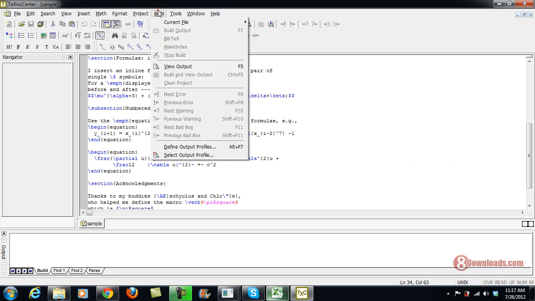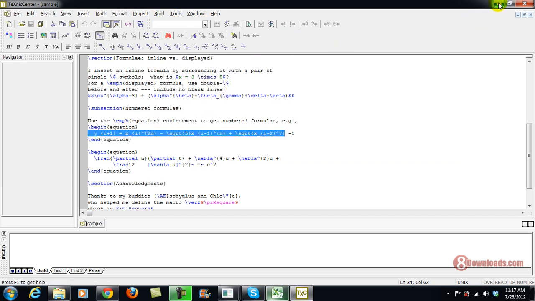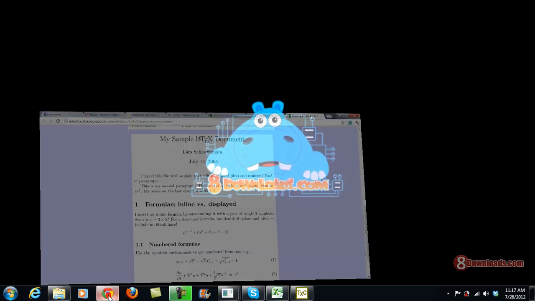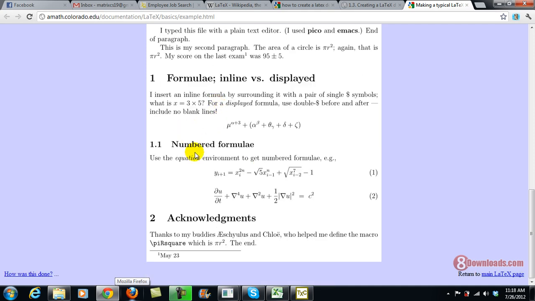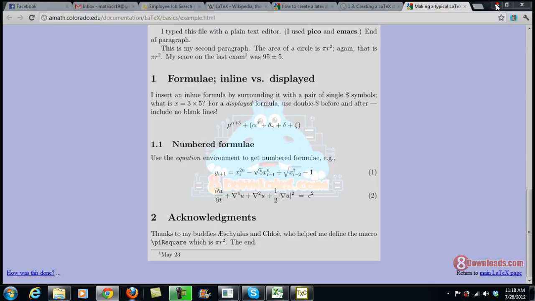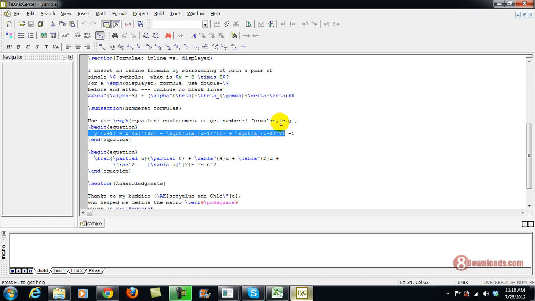So if you go ahead and build the current file and view that, what will happen is basically this document will be converted into this. As you can see, you have all the mathematical symbols already here. So if you're a math teacher, an algebra teacher, an engineering teacher, or probably a science teacher, you can use this for your chem, math, or algebra expression test papers. So that's the power of a LaTeX document, and that is how Technique Center would do that.